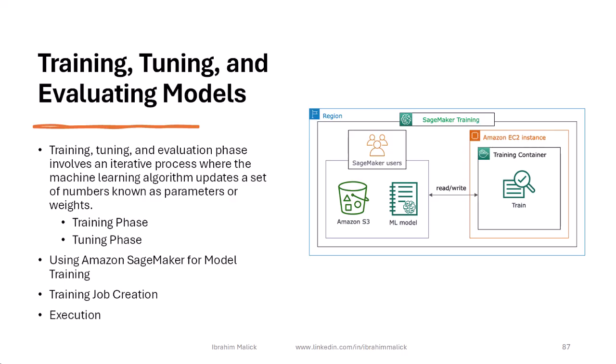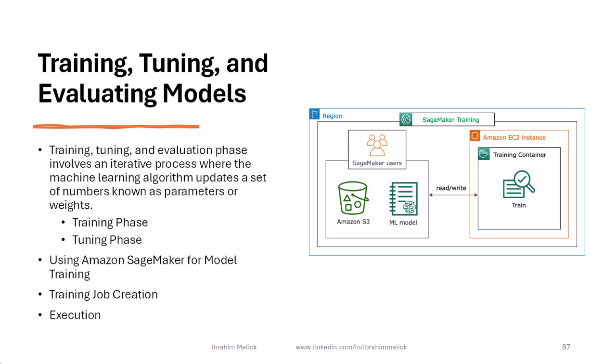And then you have the tuning phase. In the tuning phase, multiple algorithms and settings are tested in parallel to identify the best performing model. External settings called hyperparameters affect model performance, for example, the number of neural layers. The optimal hyperparameter values are identified through multiple experimentations. Now, you could use